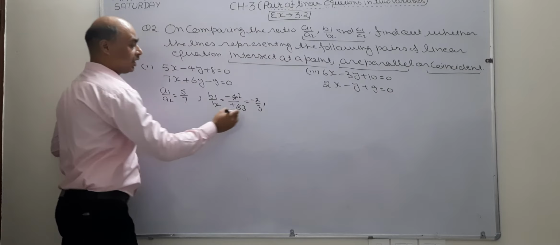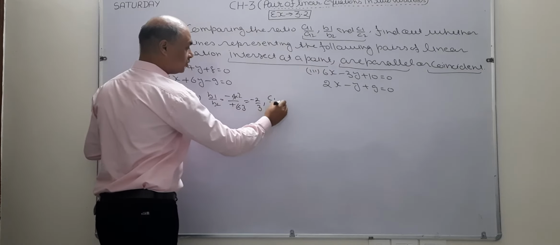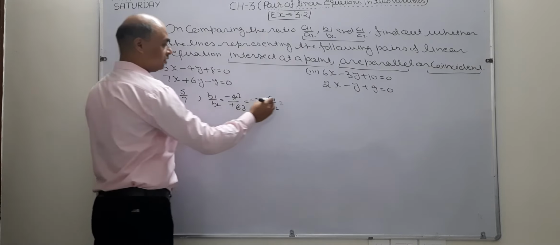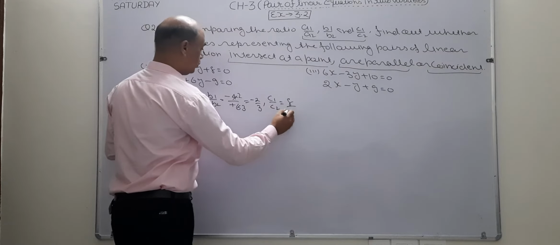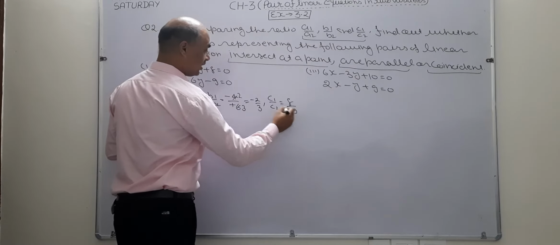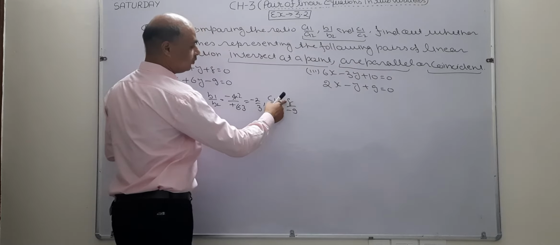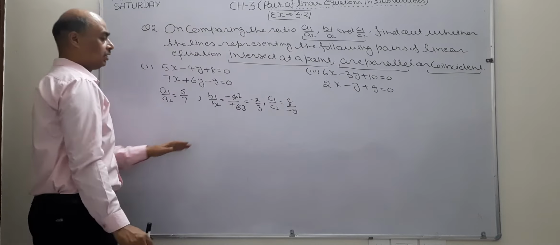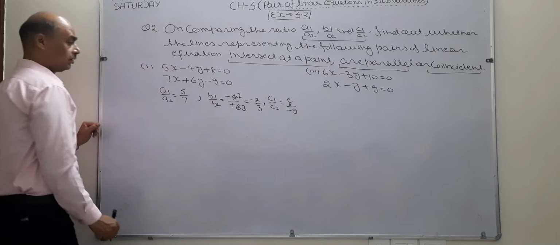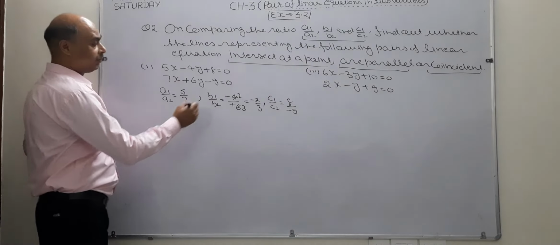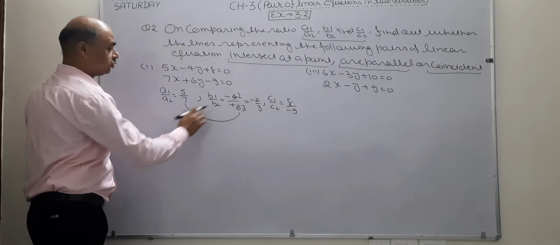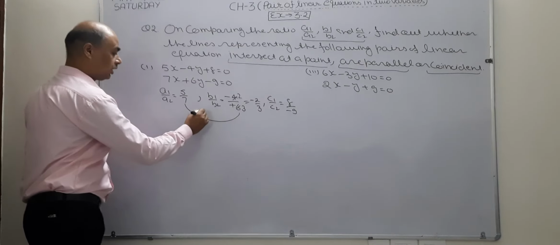After that, I am going to find C1 by C2, means the constant term without variable. These two terms are without variable. It means this becomes C1 by C2. The value of C1 by C2 is 8 by minus 9. Since this one is even, another is odd, this one is not going to cancel. It remains the same. Now see, I am going to compare the ratios 5 by 7 and minus 2 by 3. Are these two ratios equal? No, these two ratios are not equal.